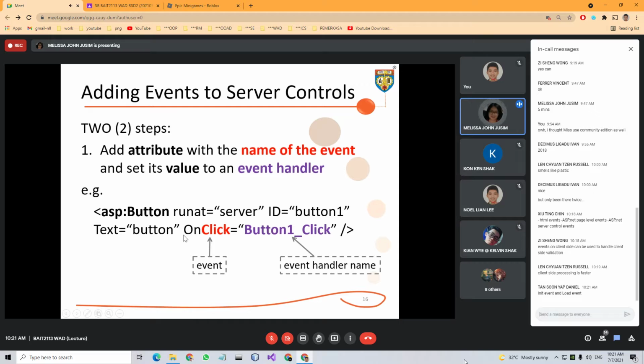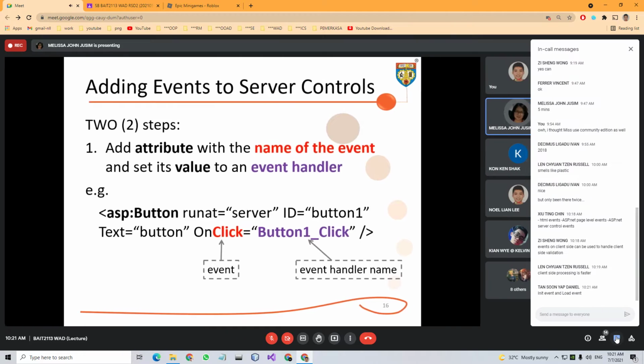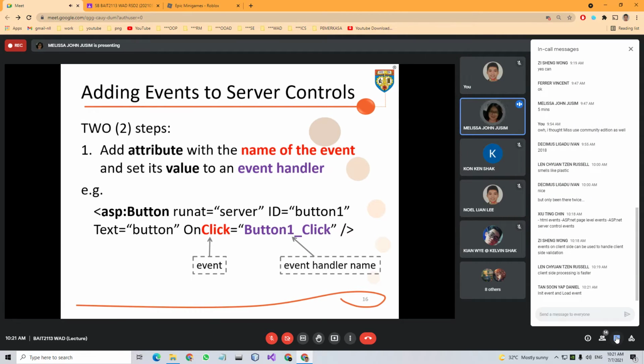Now this is what we need to do when we want to add event to our server control. I've seen Daniel's answer, init event, load event. Oh, no. That's incorrect, Daniel.